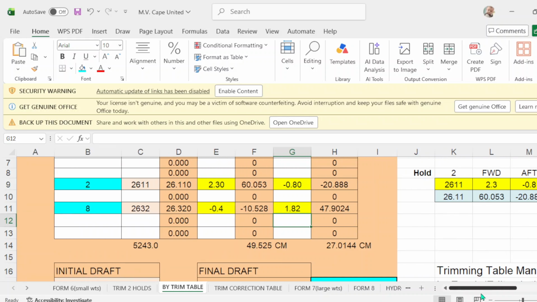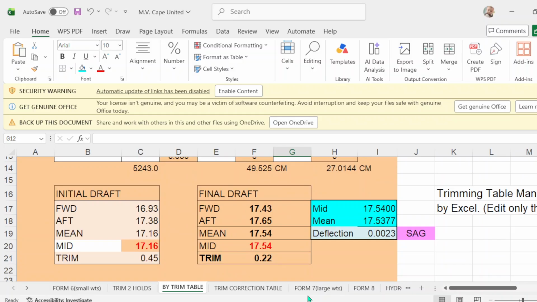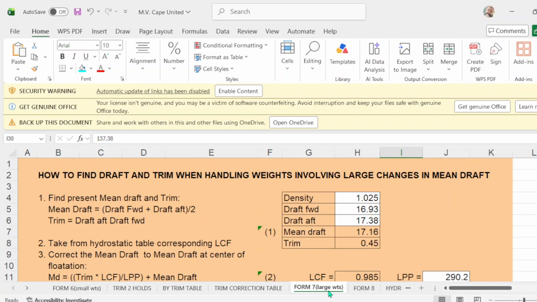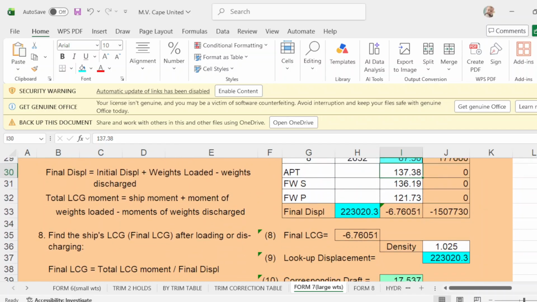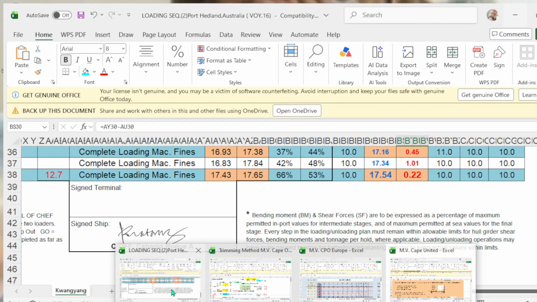Okay. And number 4 is form number 6, form number 7. Okay. Take note, the density is 1.025 and completion is 1.025. The forward and up drop 1693 and 1738. Okay.